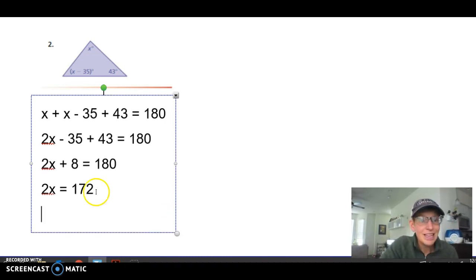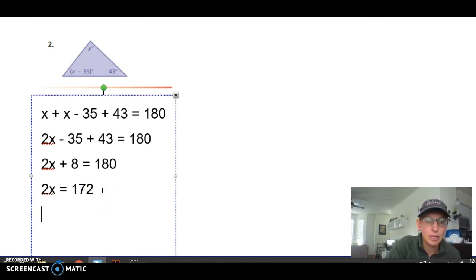Now, because we have 2 times x equals 172, we need to undo that multiplication. So we're going to divide by 2, and 172 divided by 2 will leave us with 1x equal to